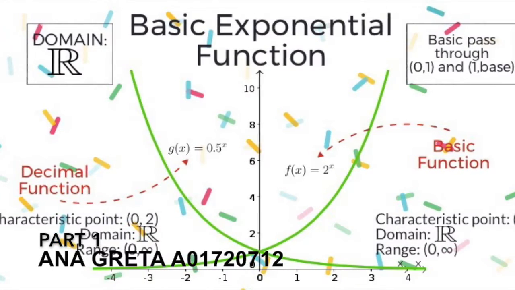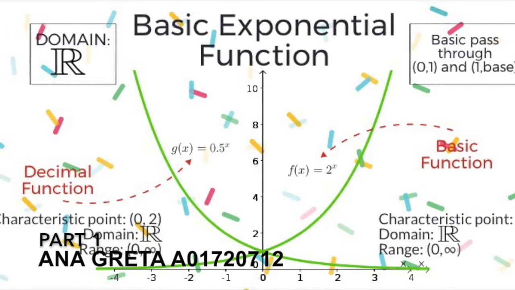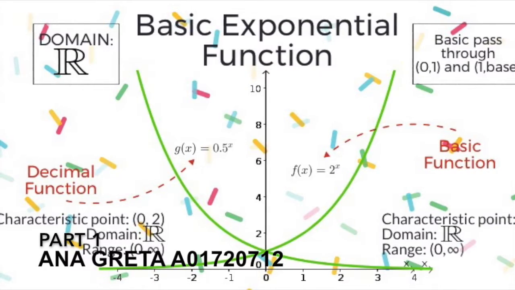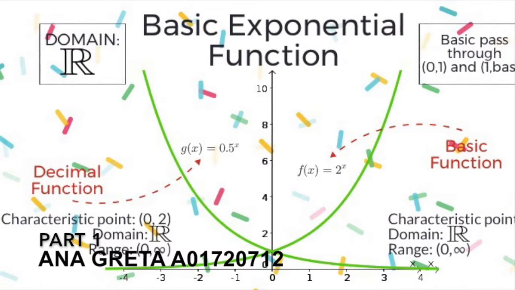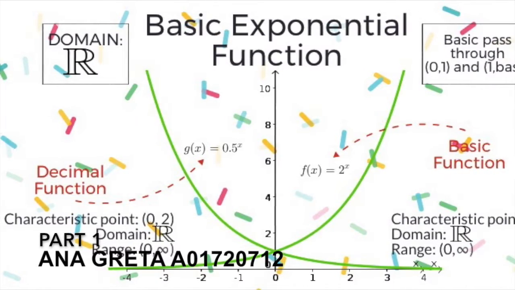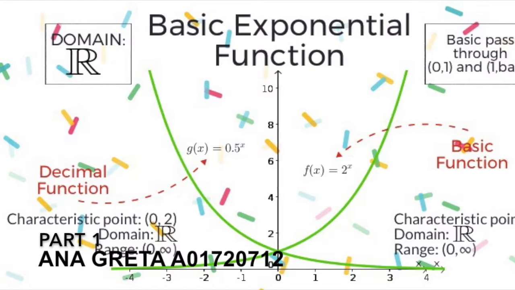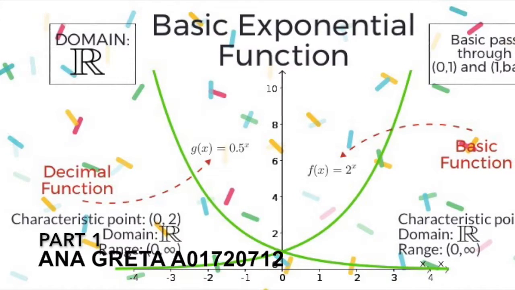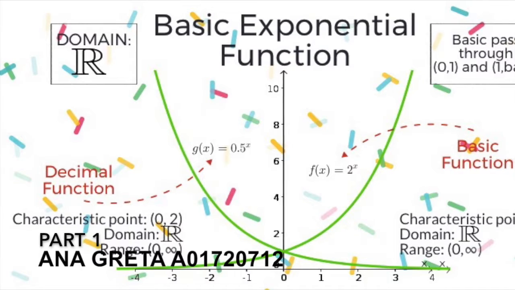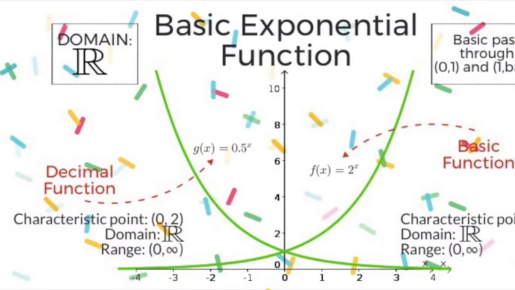will always be infinity. In this graph, we can see the characteristic point that is (0, 2), because 0 will make the x value 0, and the 2 will be the answer to y. We know that the domain is always all real numbers, and the range will be (0, infinity), because 0 is